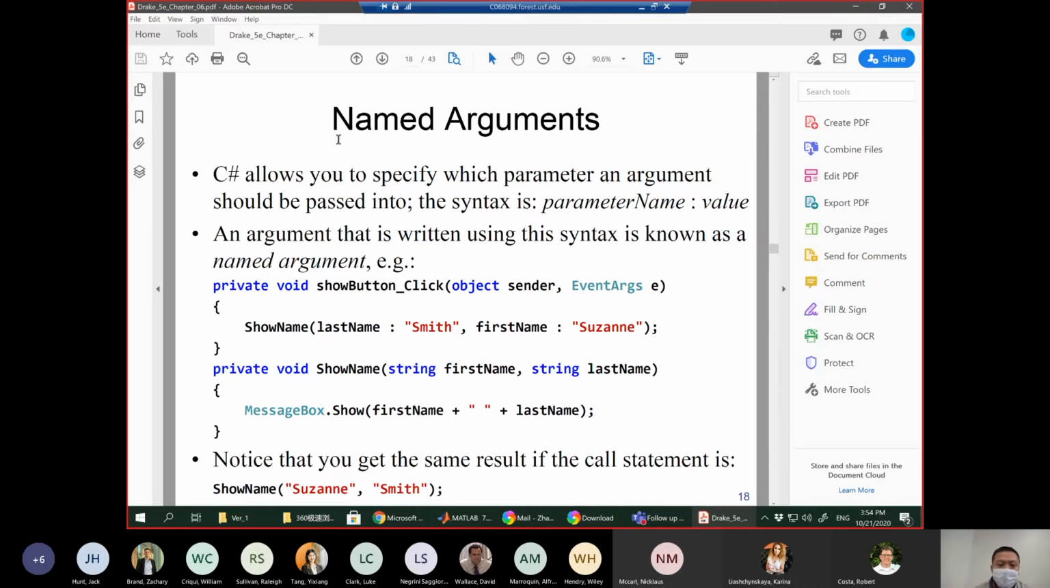But you must notice that in this method, private void ShowName, the first argument is string first name, and the second argument is string last name. We have first name, a string, as the first parameter, and last name, also a string, as the second parameter. It means if we call the method with the first one being Susan, and the second one being Smith,